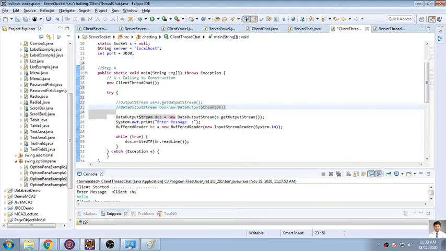So this is 2 lines of code. I have converted it into one single line. What is this OS? OS is nothing but socket.getOutputStream. So I copied this part and put it directly in. So the code becomes: DataOutputStream DOS is equal to new DataOutputStream, and into this socket.getOutputStream. So I have made 2 lines of code into 1 line. That's it. So my DOS is ready for sending something from the screen to the server.